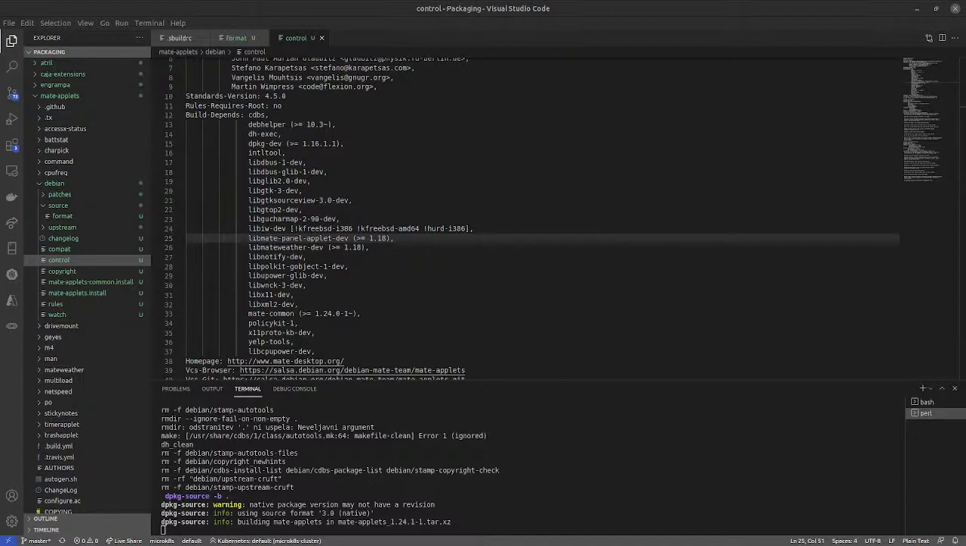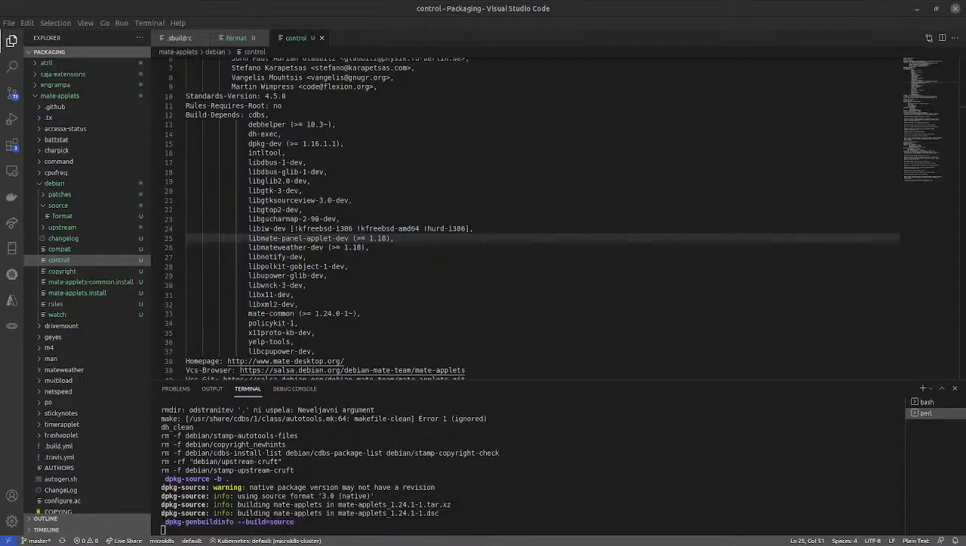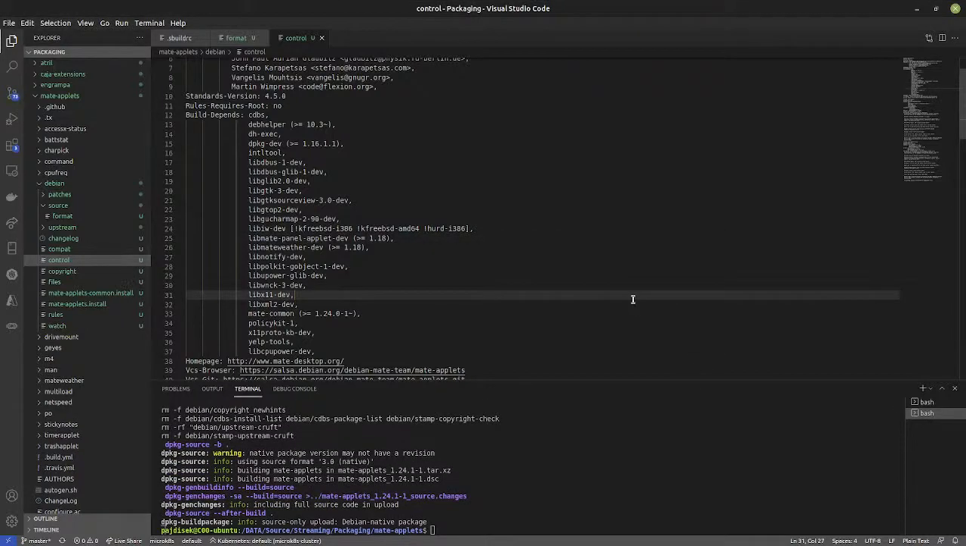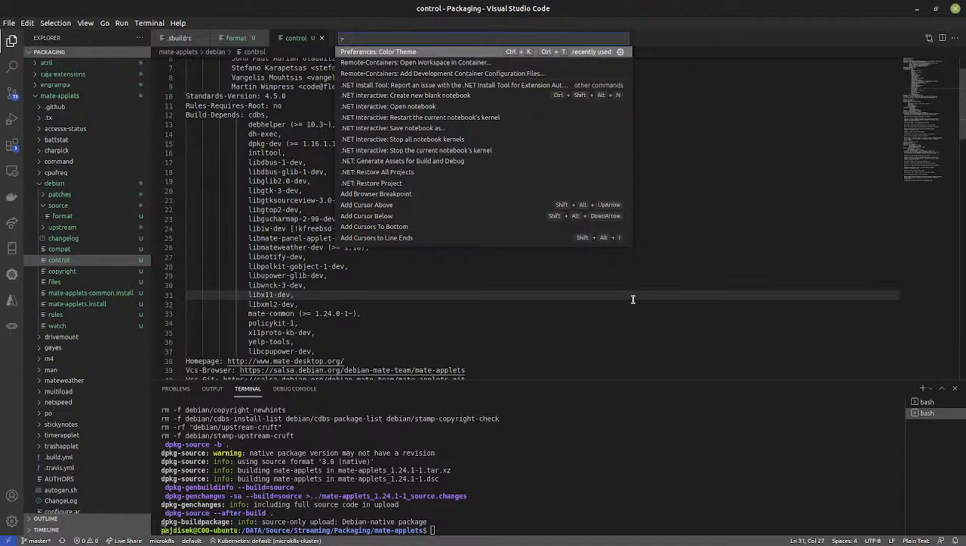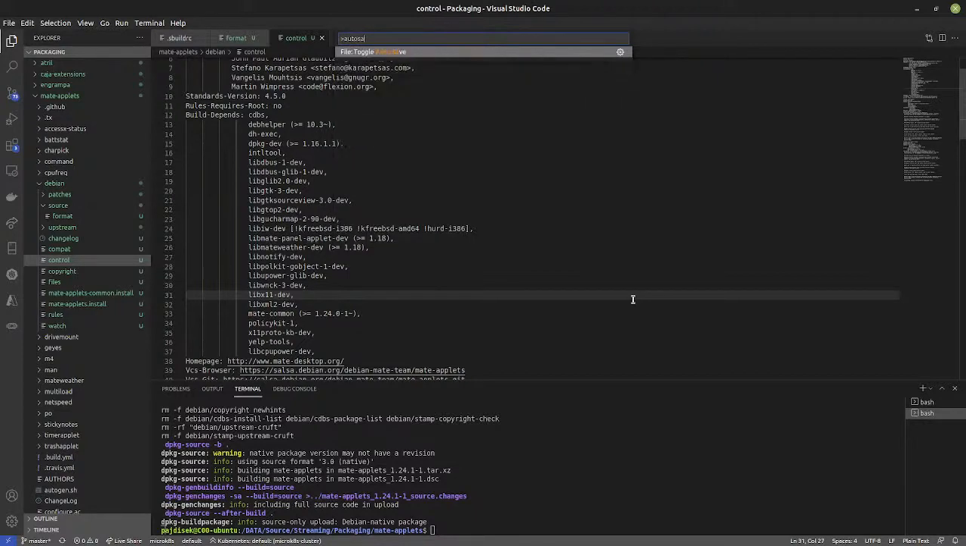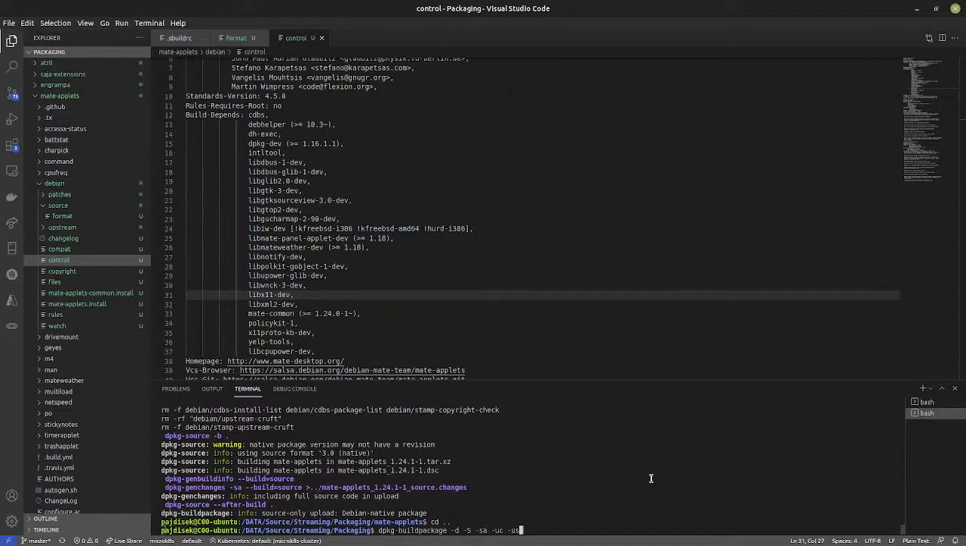Maybe I should enable autosave, which is for some reason disabled. Let's enable it. Toggle autosave. Nice. Now if we go back and rerun,